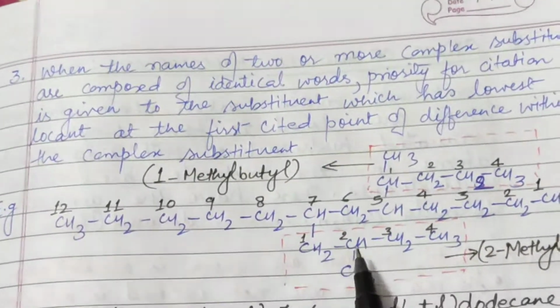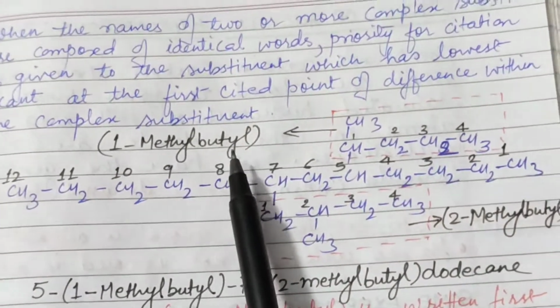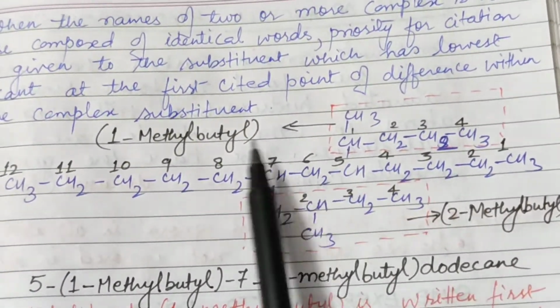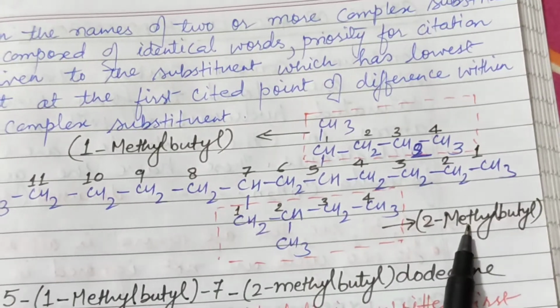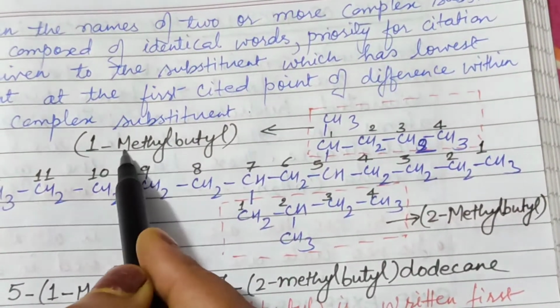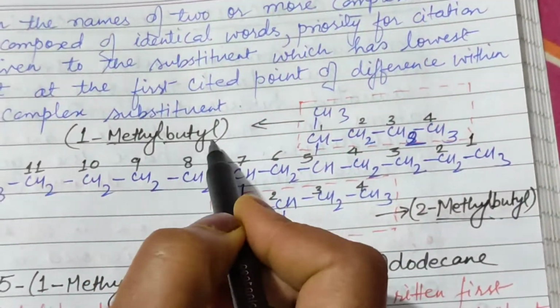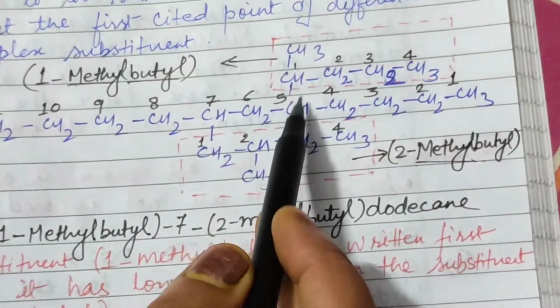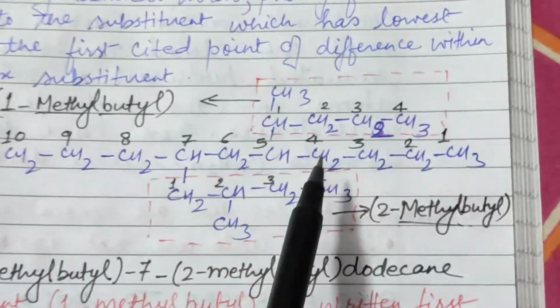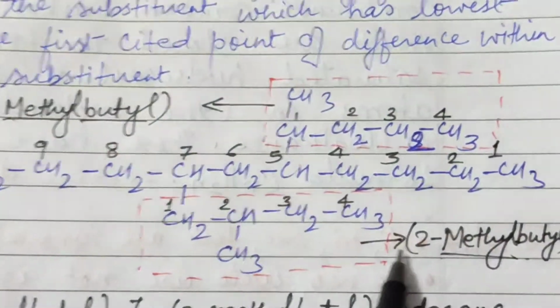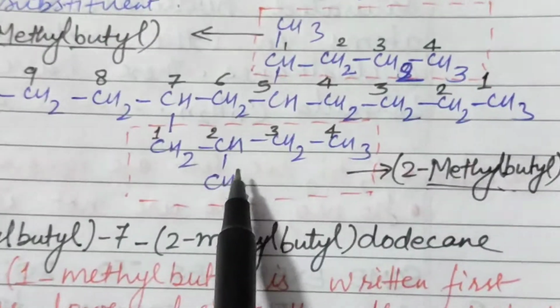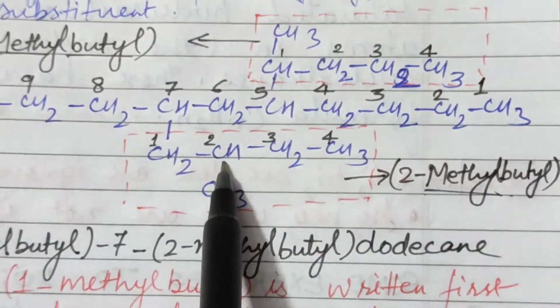See here in this example, complex substituents are composed of identical words. Identical words means methyl, here also methyl, here also methyl butyl, this is also methyl butyl, but the position of this methyl butyl is at 1, however this is at 2, this is at 2. You could see here